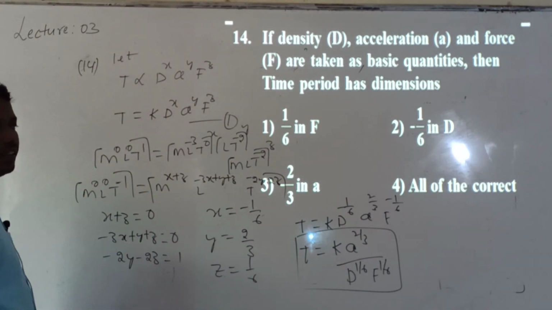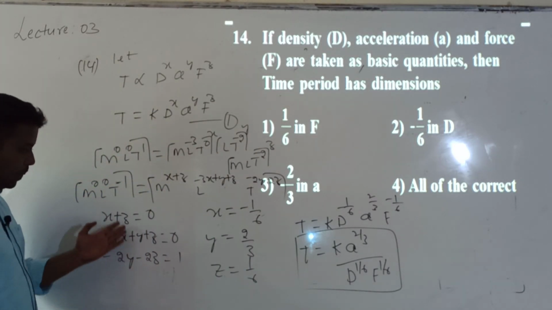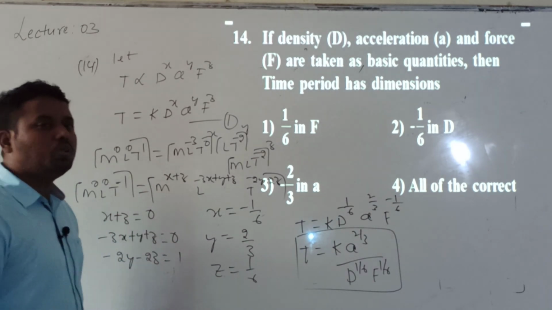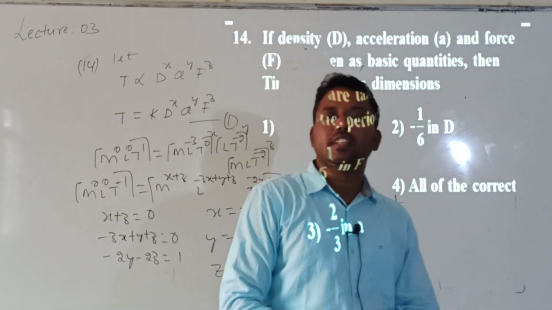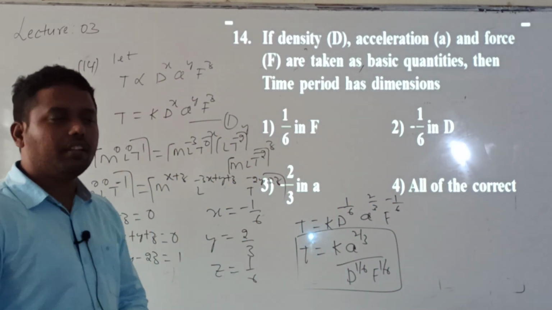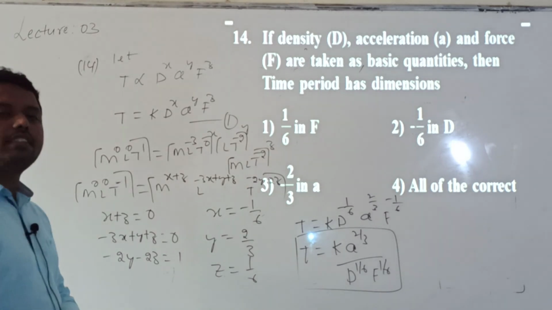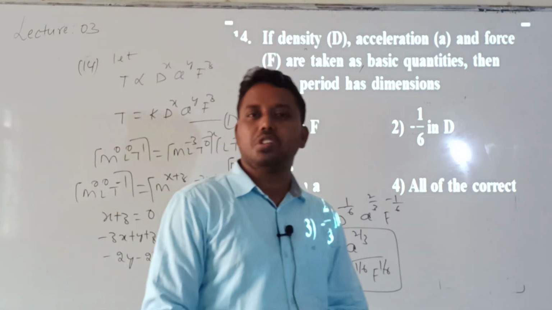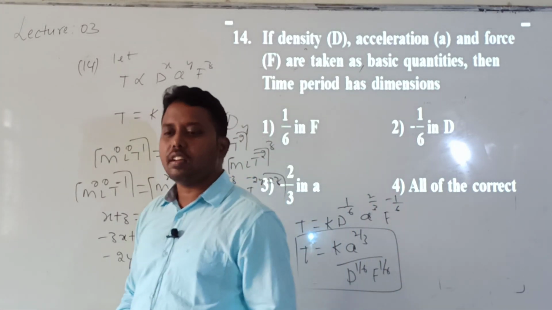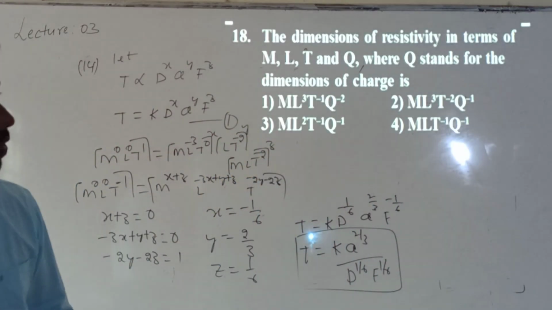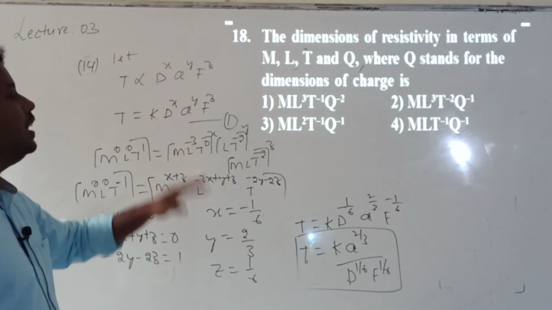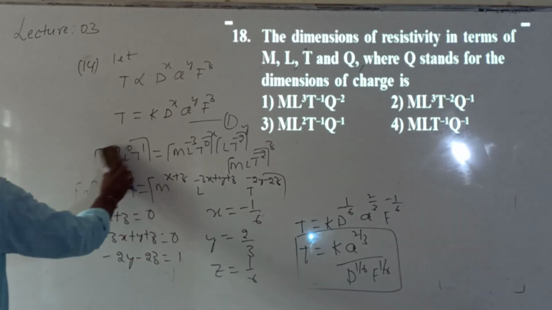If you want, you can check it. By solving this, you will get only this answer. This is how to derive the relation between the physical quantities concerned with a given physical phenomena. Even in many competitive exams, they used to ask questions like this model. This is question number 14. Okay, next one. Remaining all are also the same models, that's why I selected the next, 18th question.